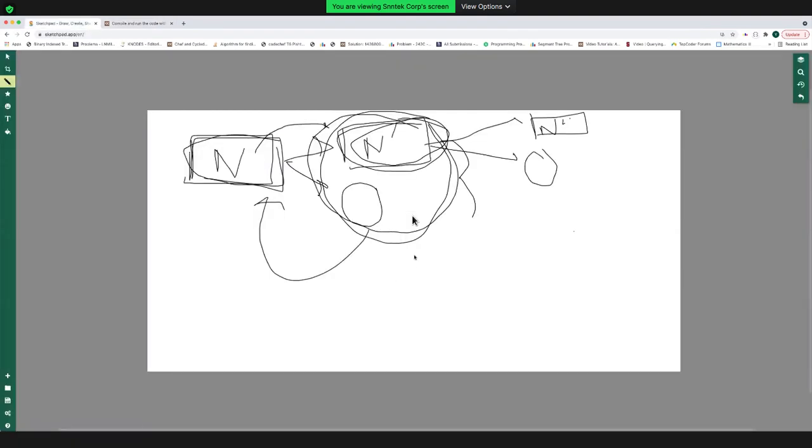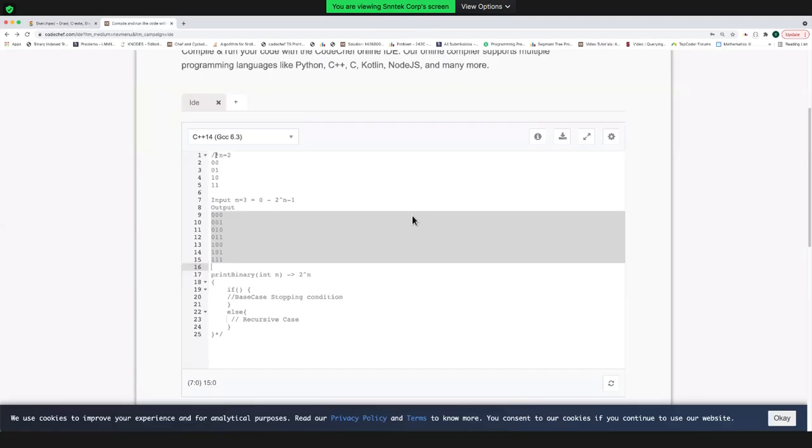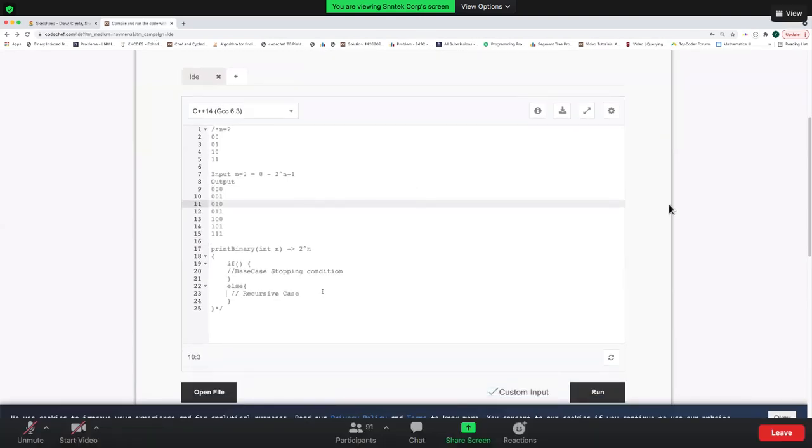So as I've told you, you have some bigger problem. You have to solve it for n equals to, let's say, 4. How can you break it down into two parts, where one part is solving one smaller problem, and the other one is calling this function again with smaller n, let's say n dash, which can be 3, 2, or anything? Anyone, guys, any approaches that you can come up with?